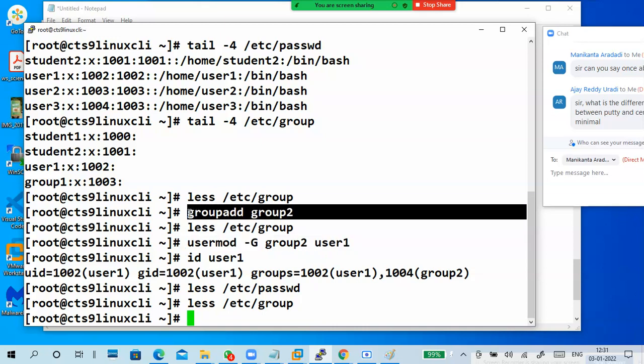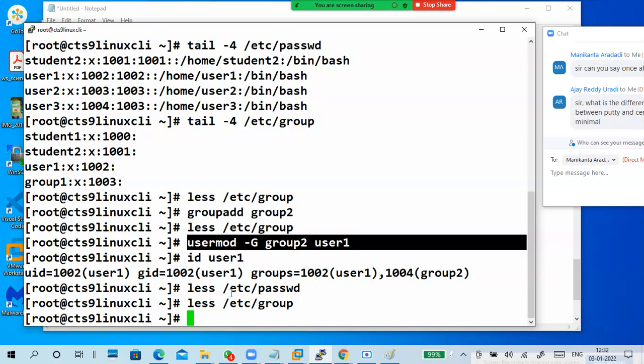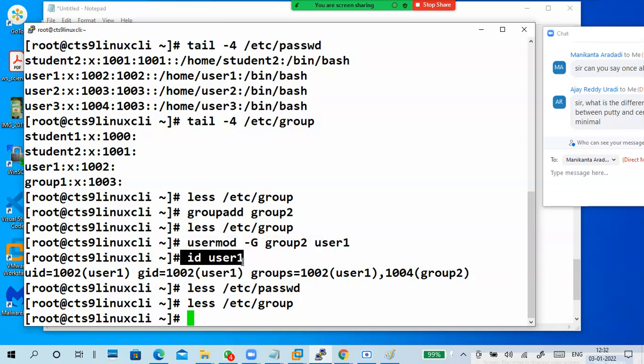I added a group, and then I put this command. Next I put id user1. It displays the user ID and it is displaying the group ID. Which group ID is it? It's the primary group. Primary group is still user1 only.